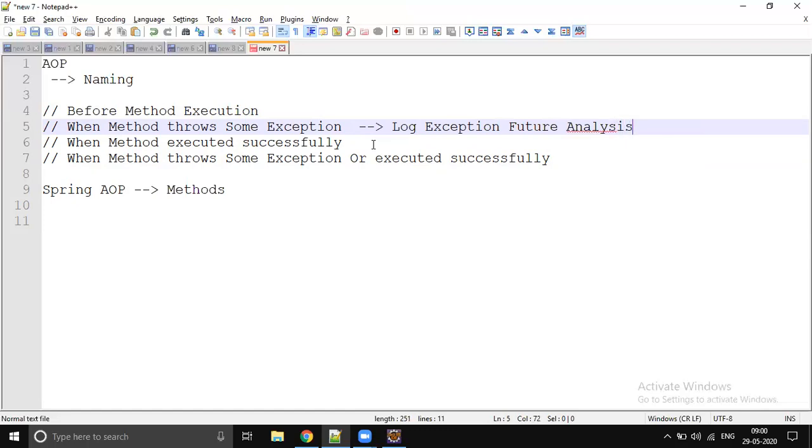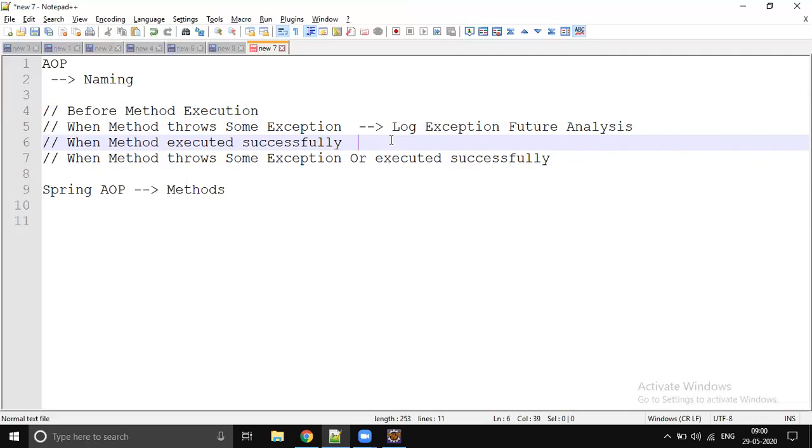So if you would like to reduce the error count on your application, yes, you can log every exception thrown by every method, put it in a table, generate some report and focus on it, right? So why is that exception coming? What is the fix we can apply? When you start, you might get some 1,000 exceptions. Once you start fixing them, in the next couple of months that count will go down, obviously. So you can make your application error tolerant, more resilient.